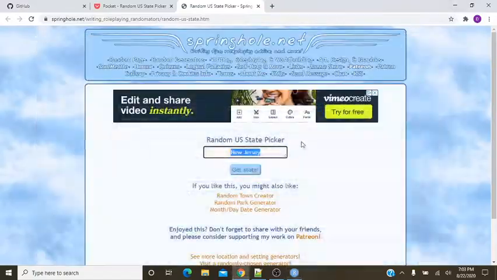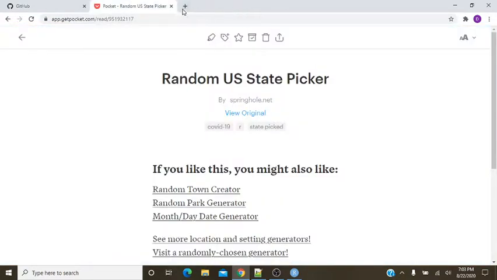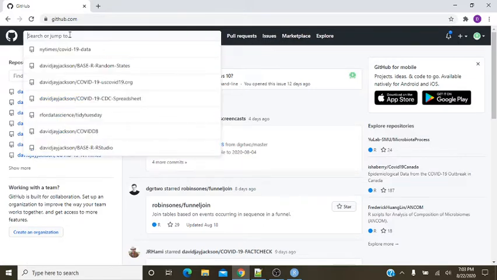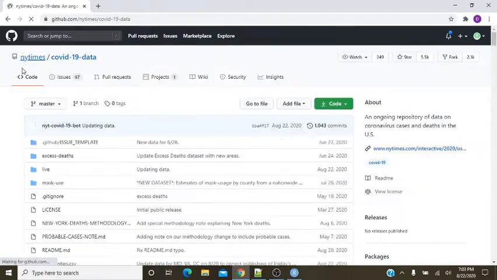Okay, now let's go get our data. The data is kept on GitHub. Once again, we're using the New York Times data set. We'll simply download the repository here.